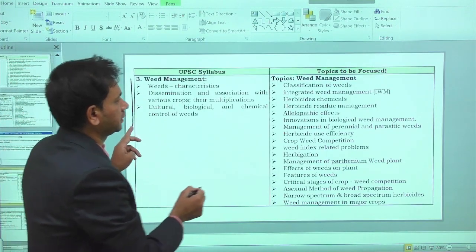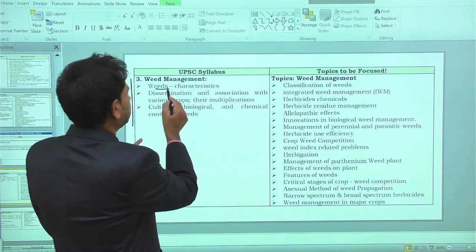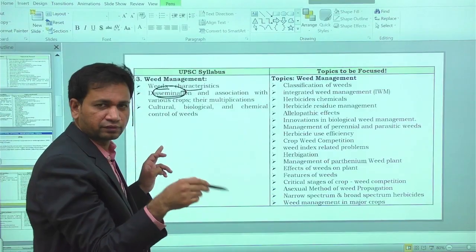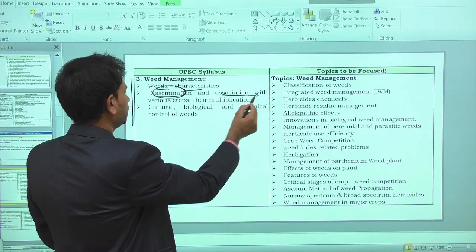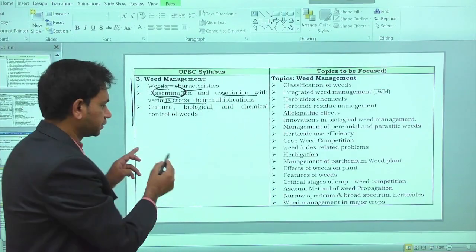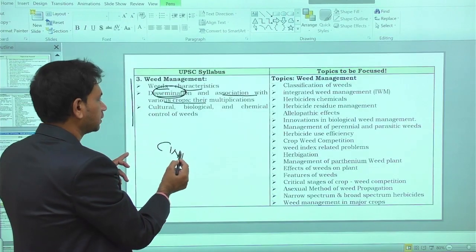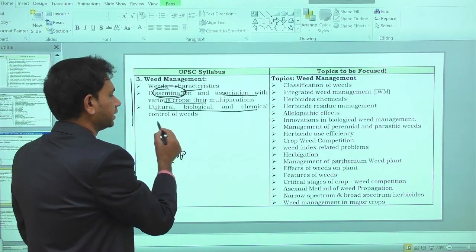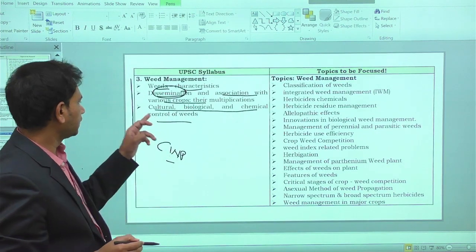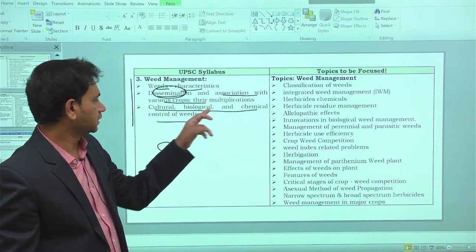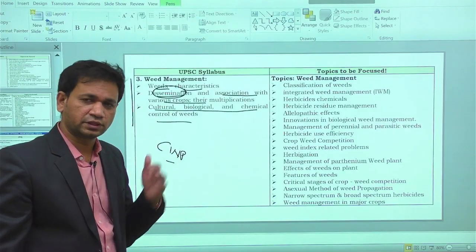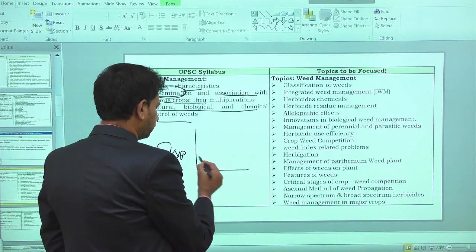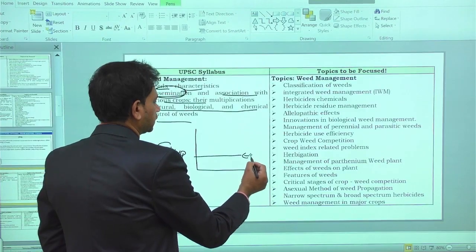Here we will be discussing weeds and their characteristics. Another is the dissemination of weed species from one region into another region, and their association with various crops in terms of crop weed competition. Another one we are having is integrated weed management. There we are using cultural, biological and chemical control methods to keep the population of weeds well below the economic threshold